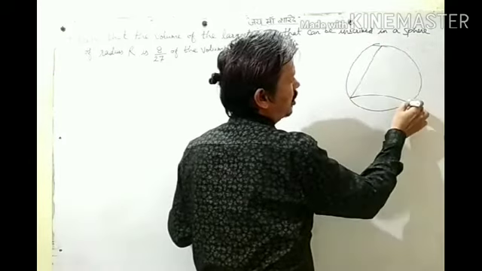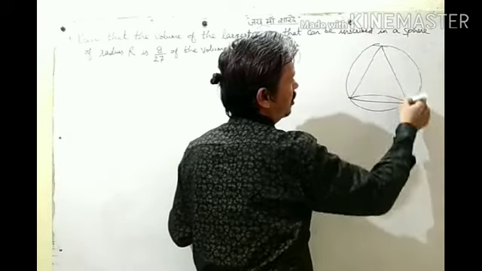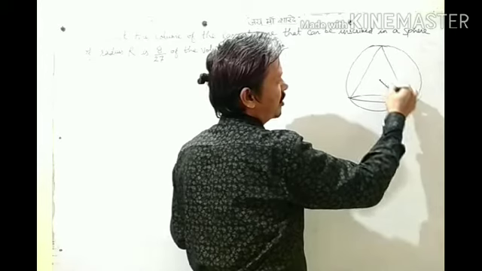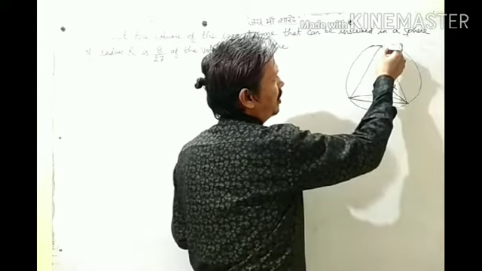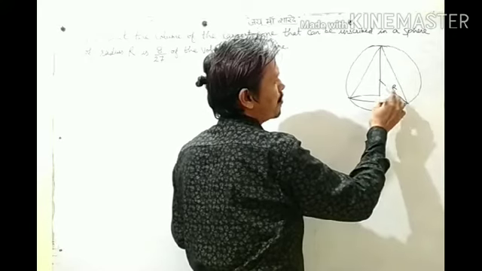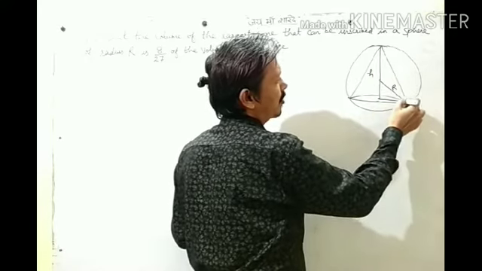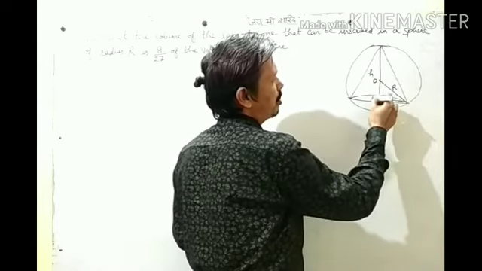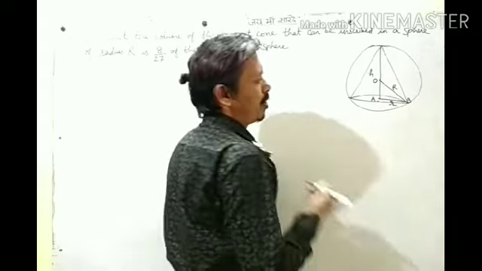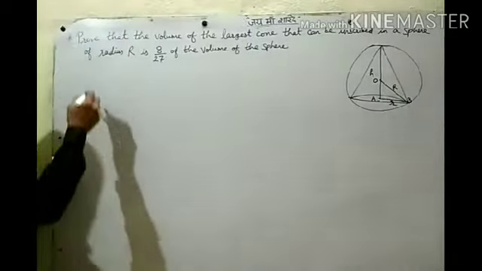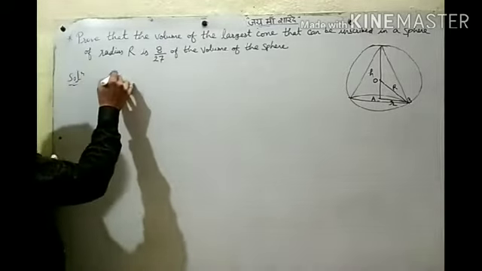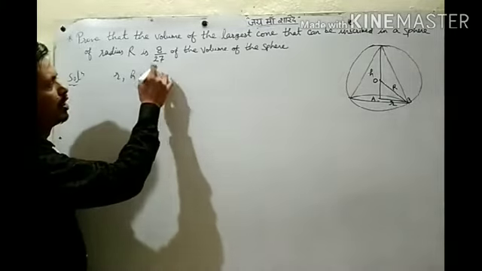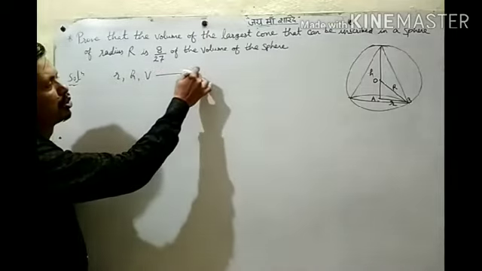you have a sphere, and inside this one cone is there. Now the radius of the sphere is capital R. This radius is capital R. Suppose the height of the cone is capital H and the radius of the cone is small r. Suppose this center is O, A, B. Now suppose R, H, V, small r, small h and capital V are the radius, height and volume of the cone.